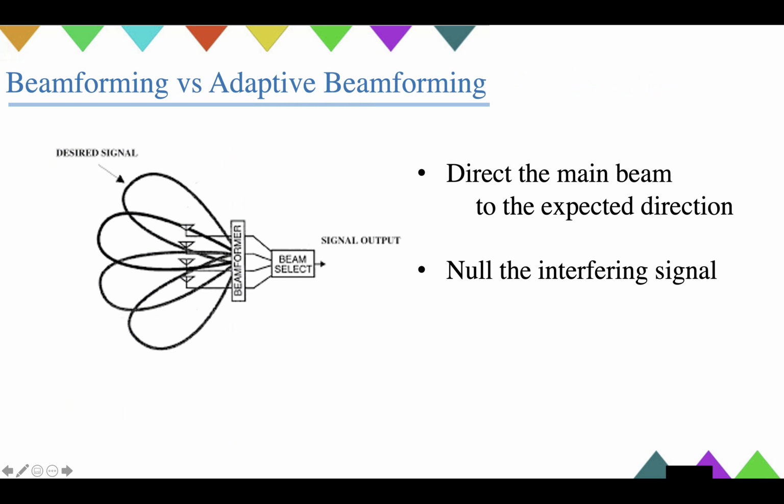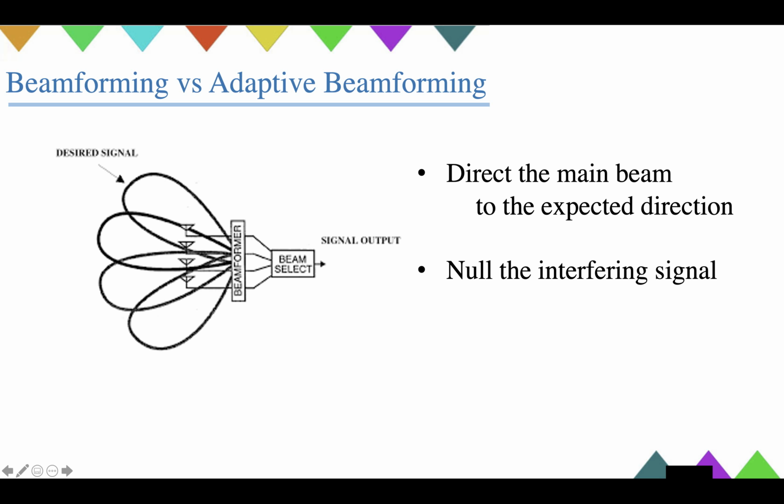Then, beamforming. The pictures show the structure of beamforming. In multiple-output antennas, there are many receivers that receive signals from all directions every time. But some signals are useless, and even interfere with the signal we want. So we need to pick and combine some signals. Beamforming can do this work. Beamforming can pick and direct the main beams to